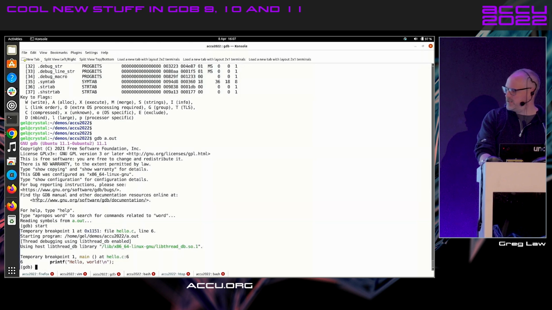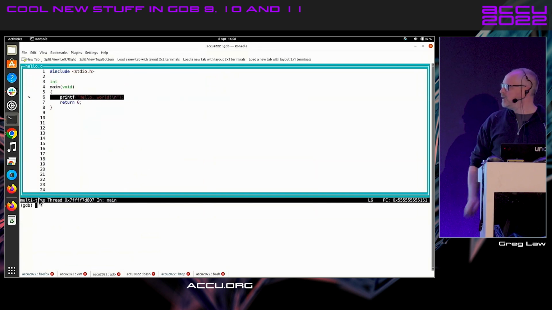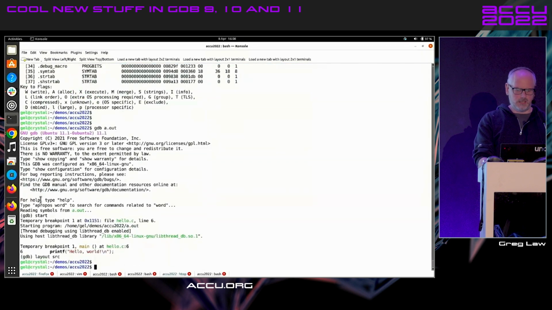And here I can see it's got the source code and everything. Let's put it in TUI mode, because as I said earlier, that's just better. So there we are, everything you'd kind of expect to see. Now, if I compile without -g,